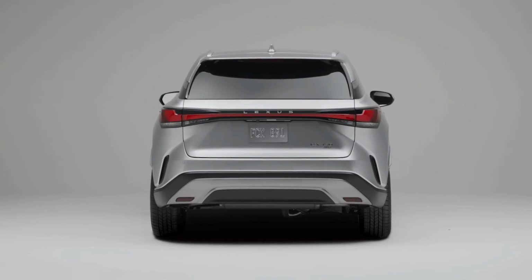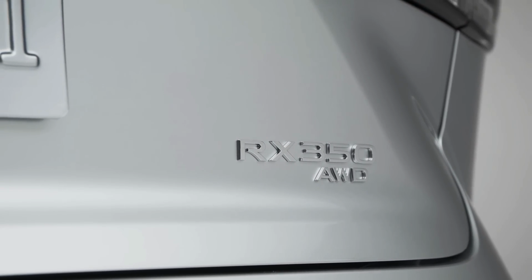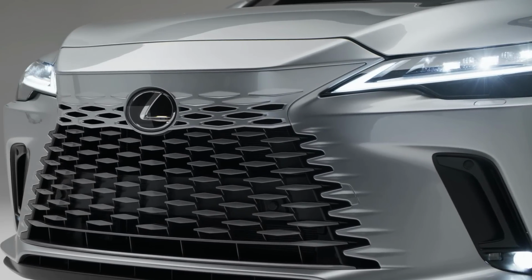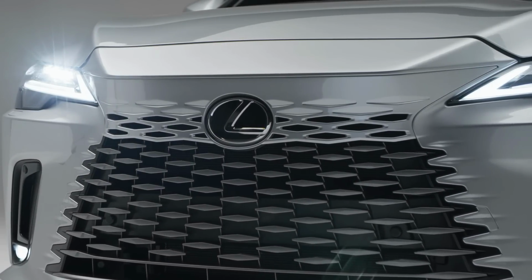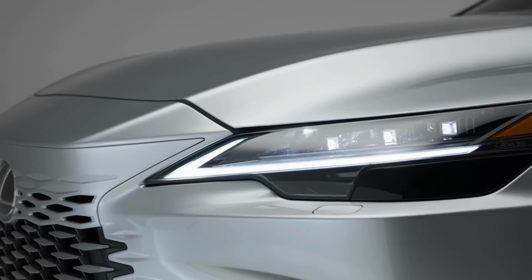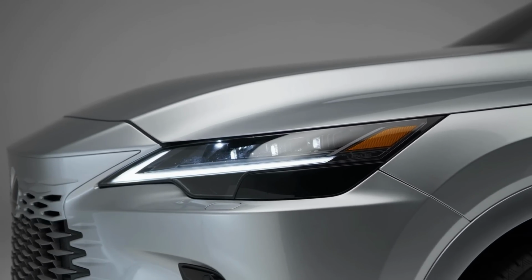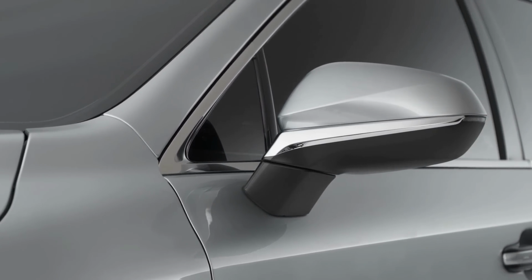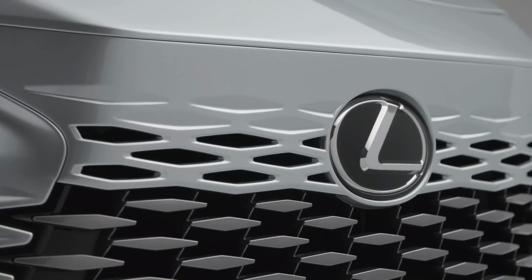The company's signature daytime running lamps remain standard, and so do the LED headlamps. Towards the side, 19-inch wheels with a dark grey machine finish are offered as standard. However, massive 21-inch alloy wheels are also available as an option. The compact crossover gets a lot of contrast black color finishing like on the mirrors, roof and even some parts of the door handle. The C-pillar happens to get a floating window design, which surely marks an evolution from the